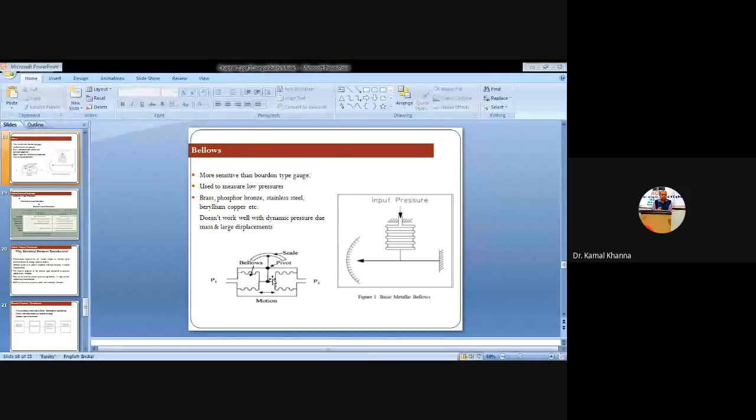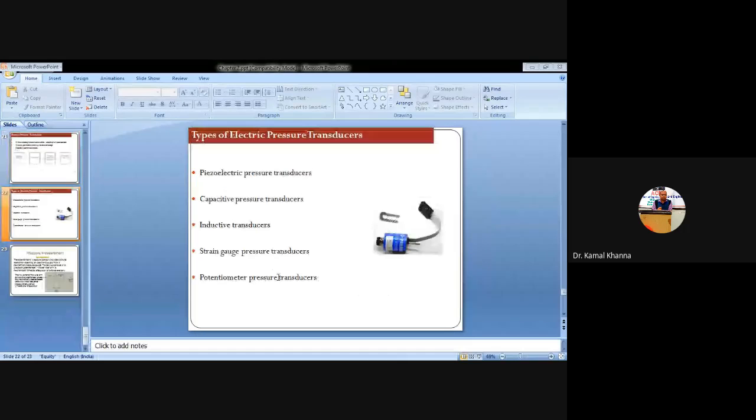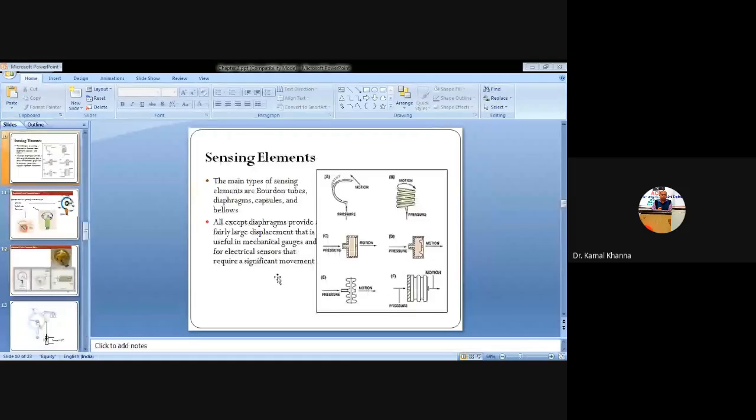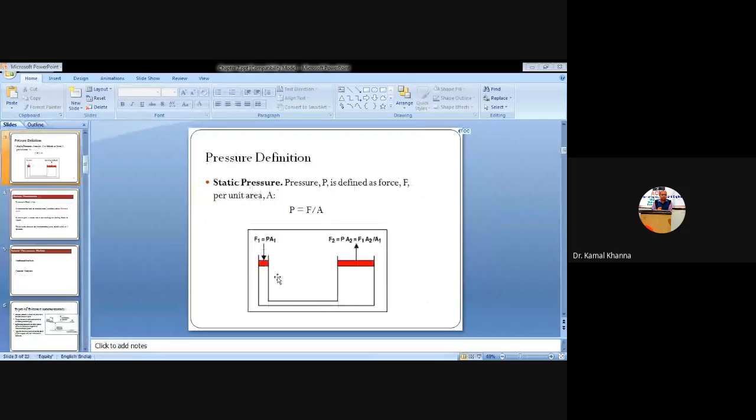This is the figure of the deadweight pressure gauge. On one hand we have attached a pressure gauge, and on the other hand we have attached a dead weight. Below the dead weight, you can see, one piston is installed here, and that piston is installed in the cylinder arrangement where the liquid is to be filled, whose pressure is to be measured, and on this end we installed a pressure gauge here.